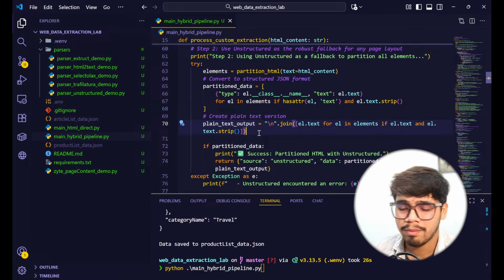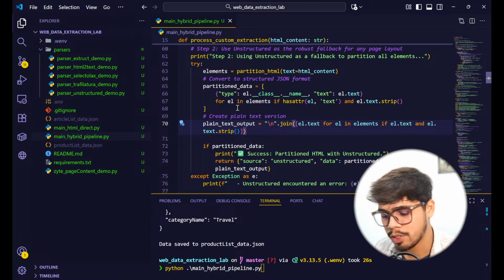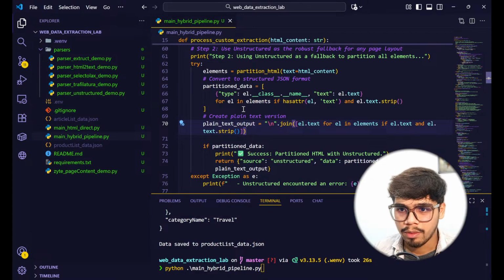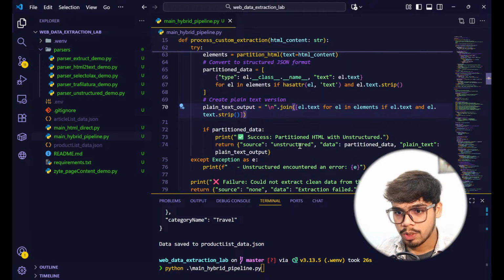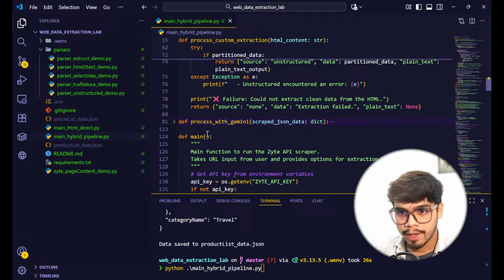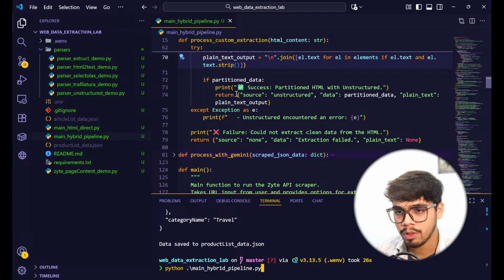I think this doesn't make much of a cost difference in the input tokens you submit to the LLM. But you get the idea about this. And for Gemini, I'm going to explain in a bit once we run this extraction, so we cover it up and go through it again, how the custom extraction part actually works. So I'm going to run it again,